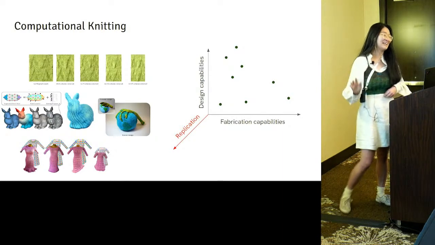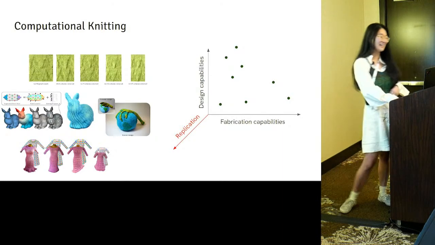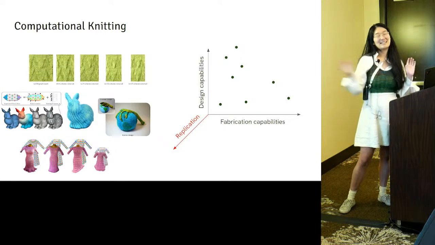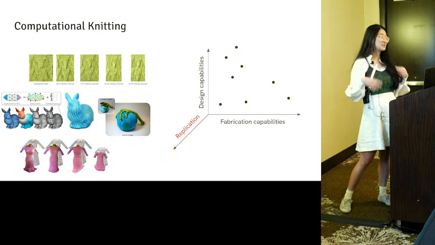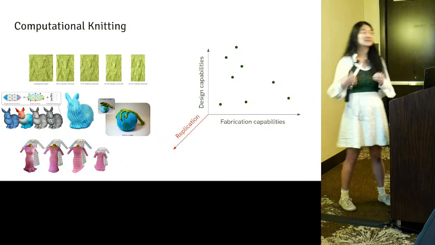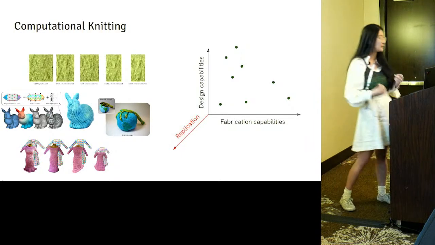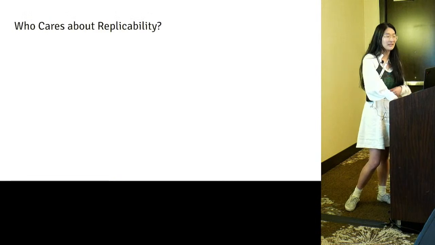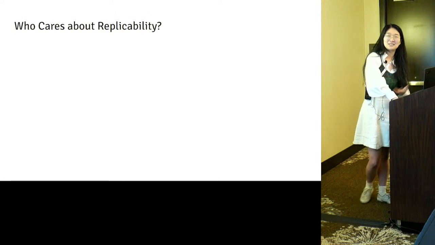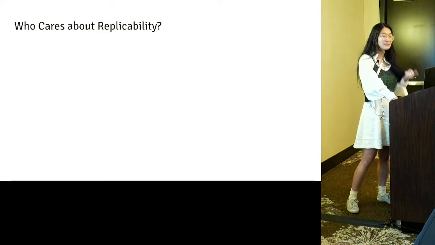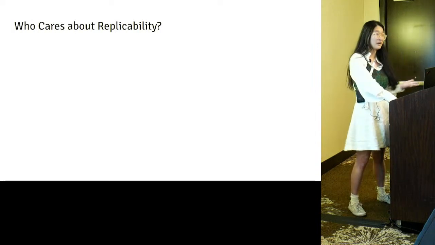And this is not in the asexual reproduction kind of way. But when I say new, better representation, I want a knit object to be able to encode its own replication information, to encode its own fabrication plan. And why would we even care about this? It's because, when we encounter objects, we often want to remix, duplicate, customize, edit, and repair them, and more.